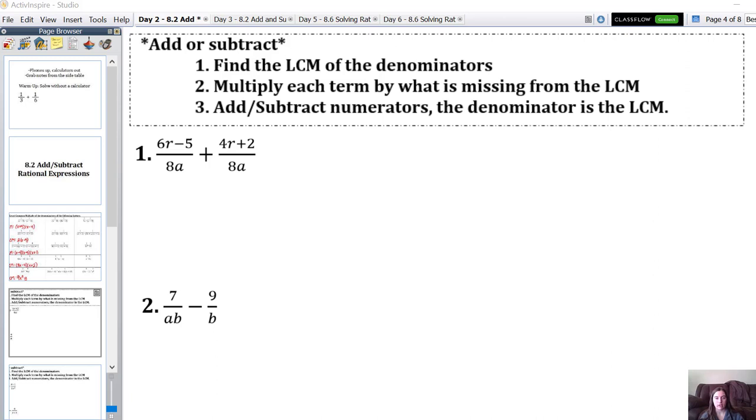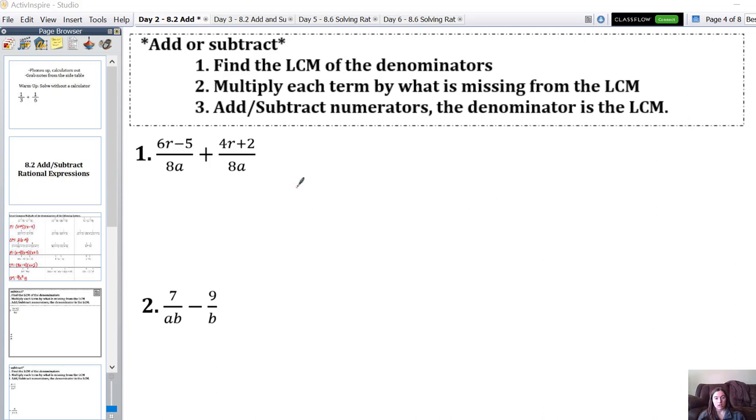Now that we're more familiar with the LCM of rational expressions, we're going to use those LCMs to add or subtract rational expressions. In order to add or subtract fractions, the denominators have to be the exact same, and then we would add or subtract across the top, across the numerator of those fractions, if the denominators are the same. So in number 1, our denominators are the same, and since we're adding, we can just add straight across the